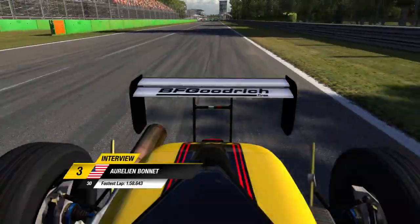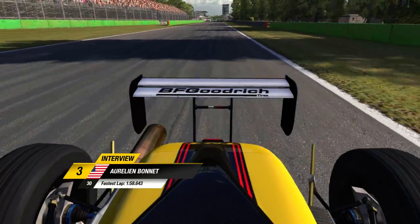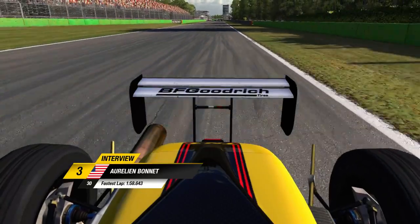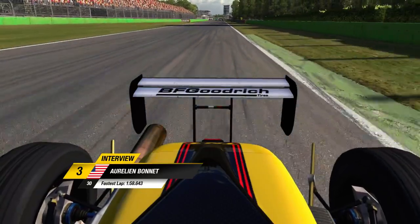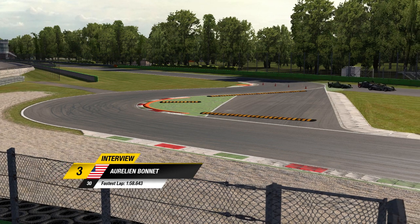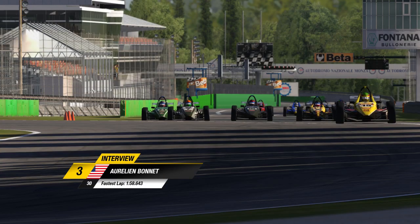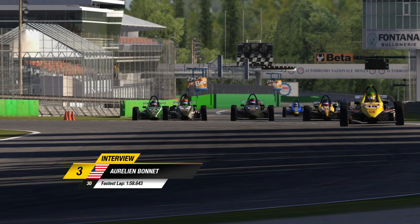We gave each other space. It was 3 wide, 4 wide in the straight at some points, but everyone raced smartly. And I can't take too much credit for the strategy because I actually thought there was 1 more lap to go. Yeah, and so you ended up going on the outside of Parabolica and making up the position with just